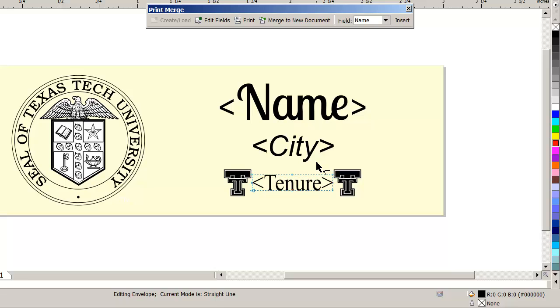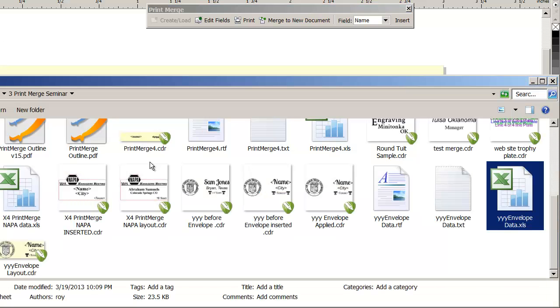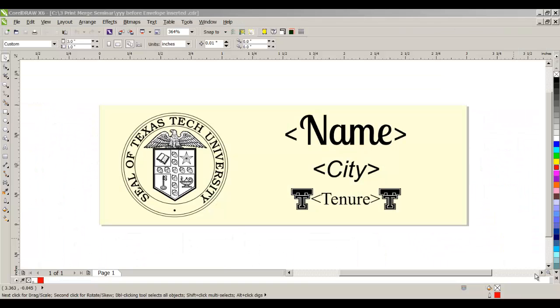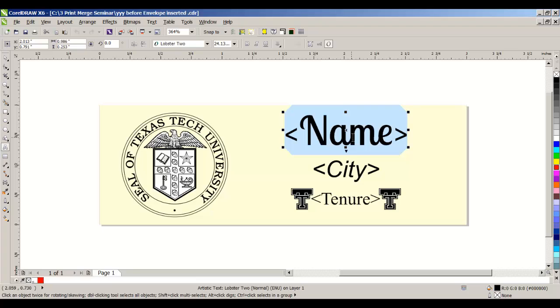So, how do we do that? I'm going to open up one other file and explain how we do that. This is exactly the same file, except the envelope has not been applied. Notice a moment ago, I double-clicked on this and it showed me the envelope. And now when I double-click on it, it just treats it like regular inserted text. So I'm going to put an envelope on it, but before I do that, I need to define how much